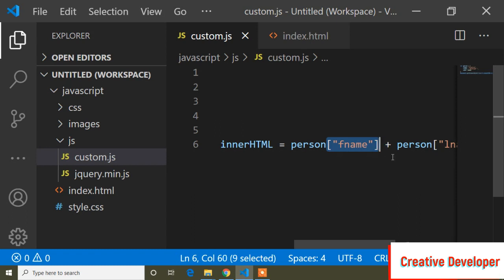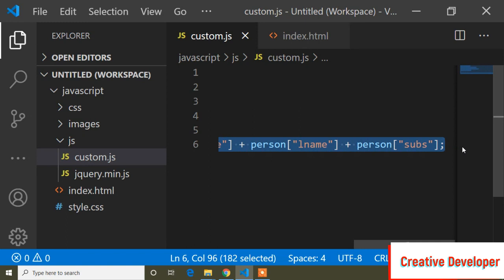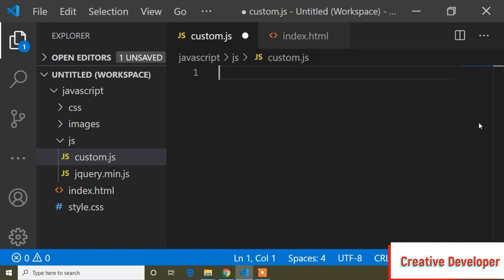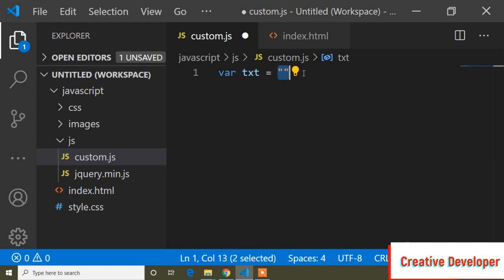And now guys, I will show you how we can use a for loop to get the object properties. For that I will remove the code from here, and first of all I will write a variable, and the variable name is text, equals to double inverted commas. That means the text variable is now blank. I did not assign any value inside the text variable. I assigned it blank, and now